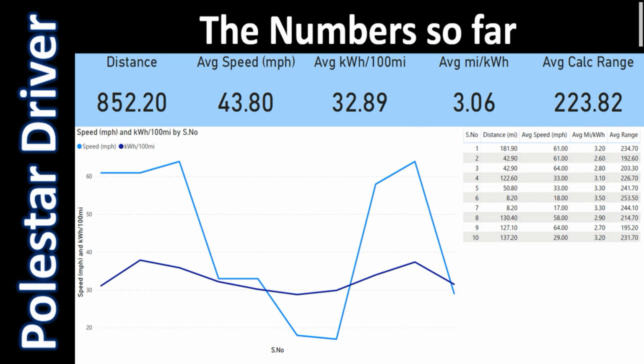Already at this early stage, the graph is showing a correlation between speed, the light blue line, and consumption, which is the dark blue line, with the higher speed journeys showing high 30s consumption, while lower speed journeys are showing low 30s. In fact, on the city driving one pedal test runs, I managed 28 and 29 kilowatt hours